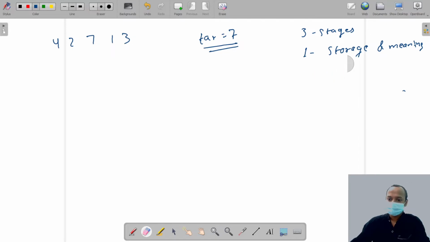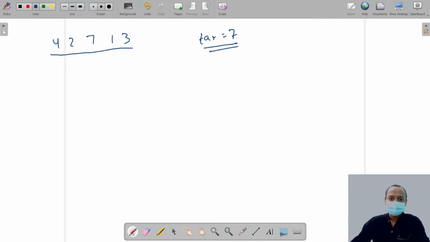In this question, we have 5 elements, and we are given a target. So we make a 2D DP.